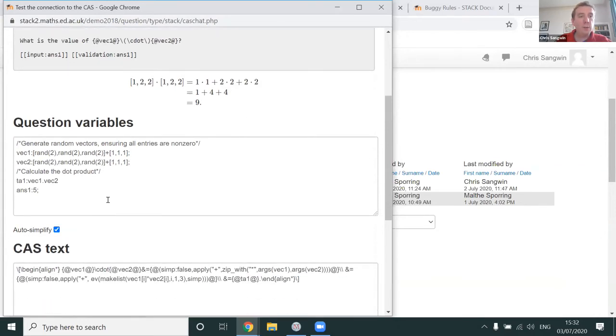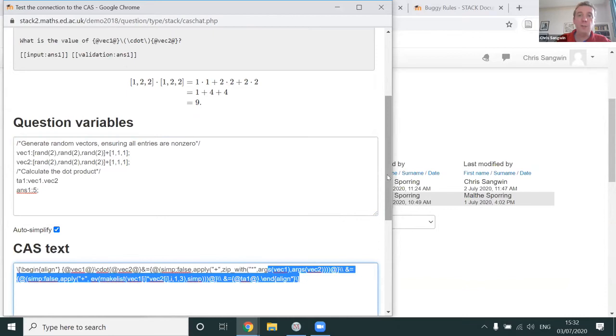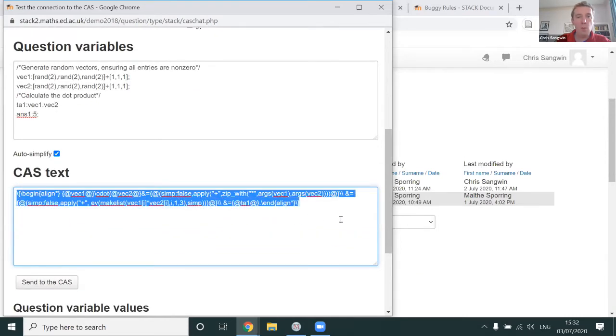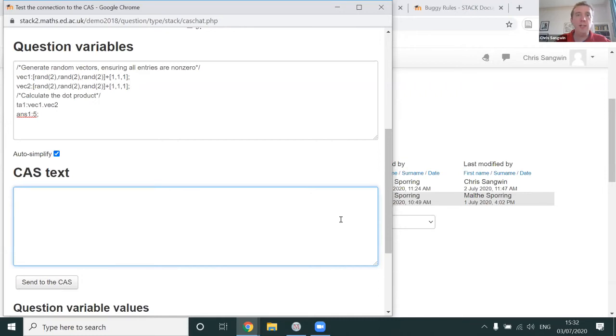And what we're going to do now is add in... I'm going to get rid of the CAS text, because by default that will be the worked solution. This screen is really designed to help people write the worked solution. Now, what we've got is VEC1,